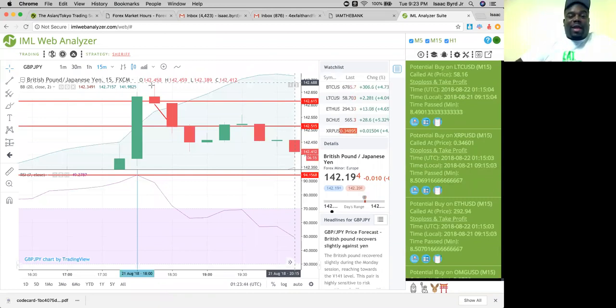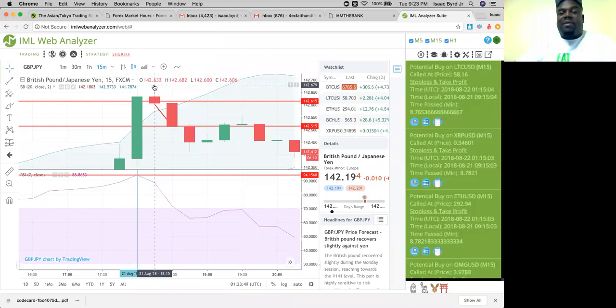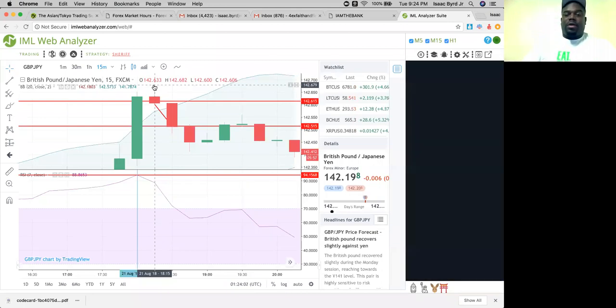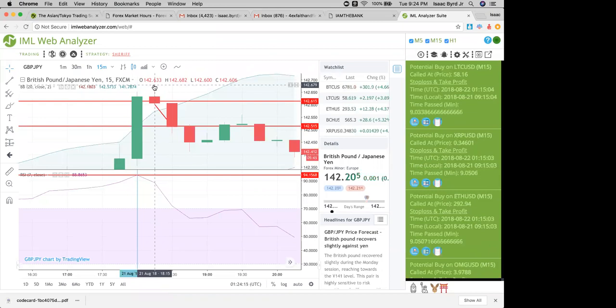Like if you look right here, this was at 6 pips above where you started, the starting point. Well, if you were 5 pips behind, you were going to blow out of that trade, and you would have lost the trade, because you've got to give room for fluctuation. So I don't suggest doing anything less than 10, 15, 20. Like I said, it depends on your leverage, but I don't do anything less than 15 to 20 pips.